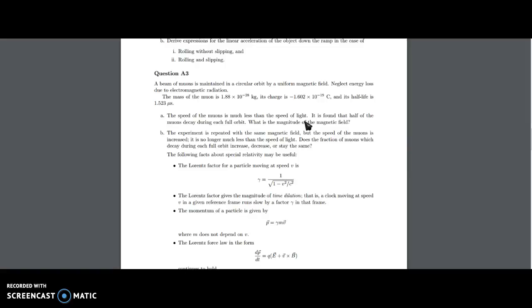In this problem, a beam of muons travels in a circular orbit, and it gives the mass of these muons, the charge, and their half-life. Part A of this question asks for what the magnetic field is. So,